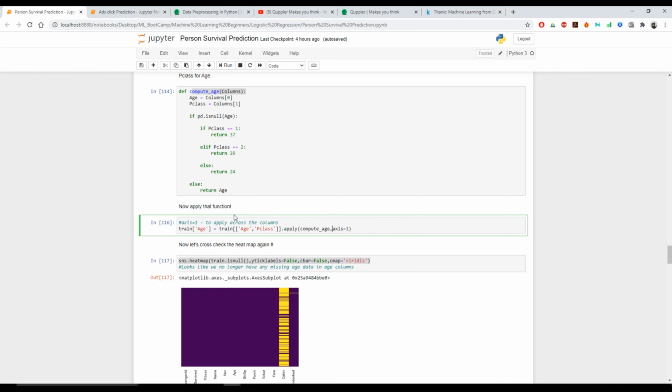So once this part is done for the age, similarly we're going to see what needs to be done for the cabin. Either we can drop it, or because the cabin information has many different values, we can make it a feature of whether the cabin is present, that is, whether the user was allocated a cabin or not, because 80% of the data is missing. So we can do that.